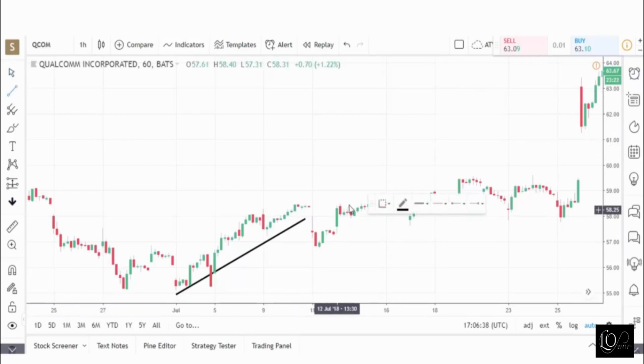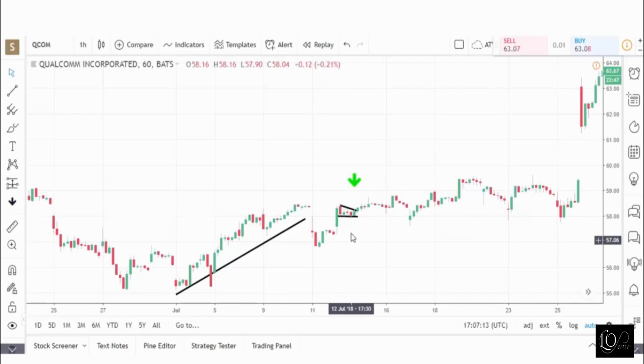And then for several hours, we have a pullback here and support here, which is around 50% of our green candlestick, which is also an important number. And here we have a pennant. So when the stock breaks out